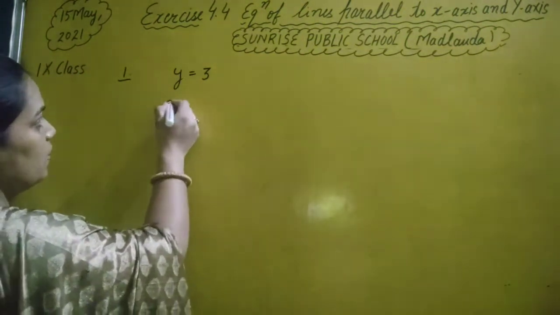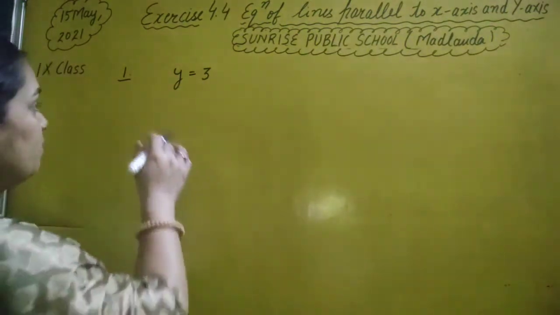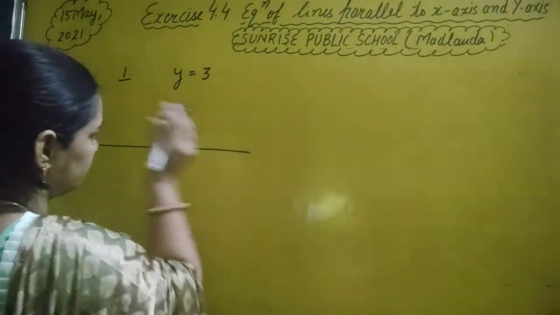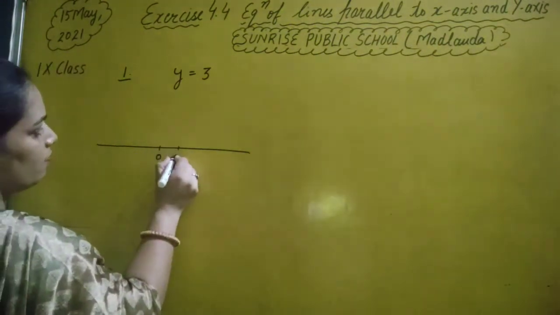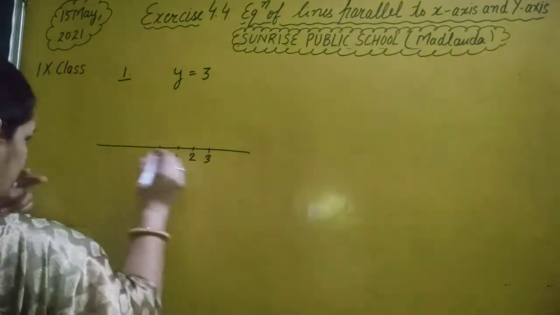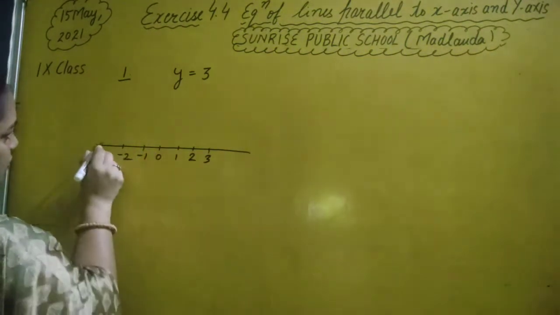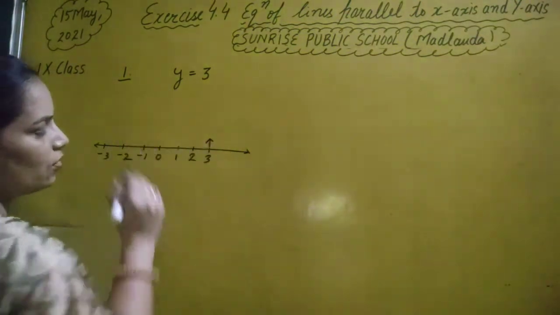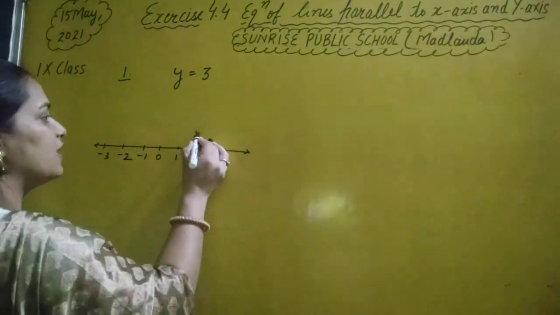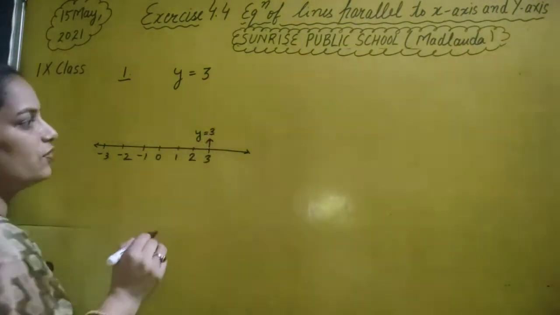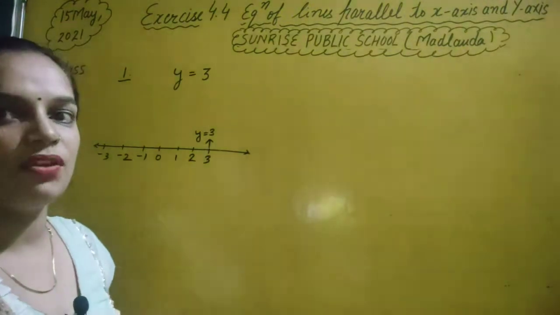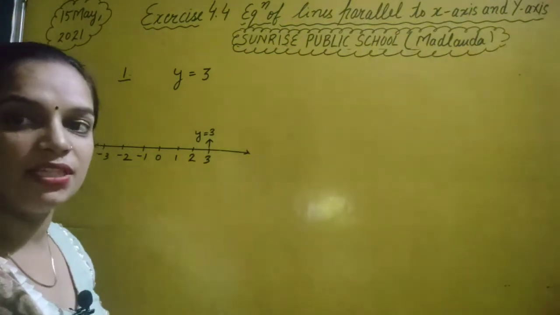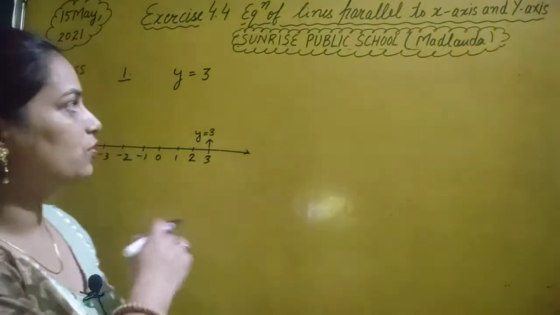Now as one variable this is y is equal to 3. So we will take our number line. In this number line we will take the integers and on the integer 3 we will represent it as y is equal to 3. आप इसे कैसे represent करेंगे, y is equal to 3 की form में. So this is a representation, means geometrical representation as one variable on the number line.